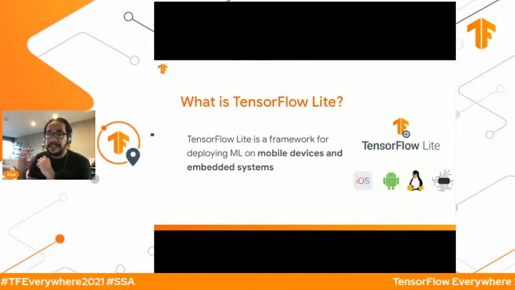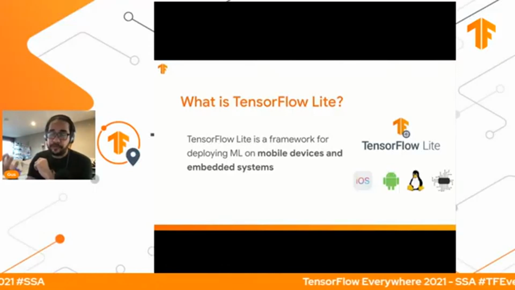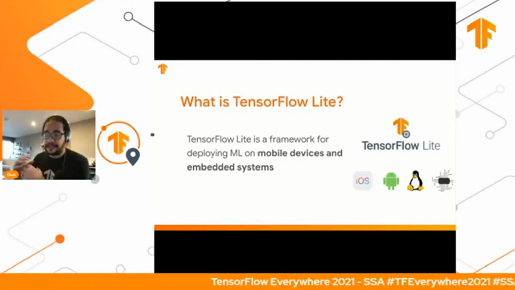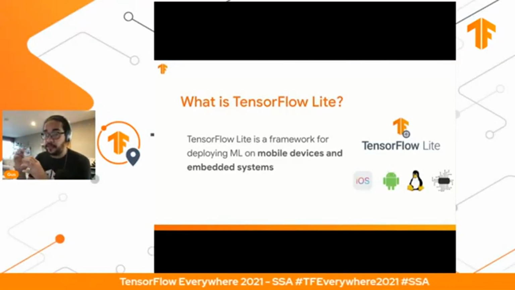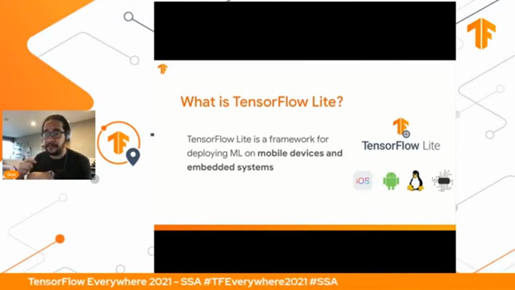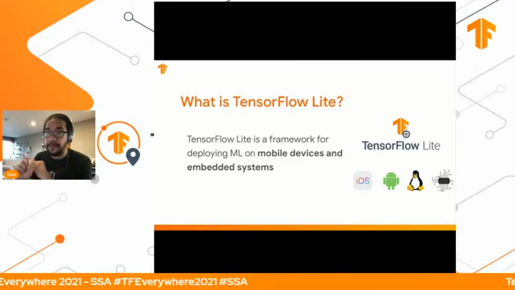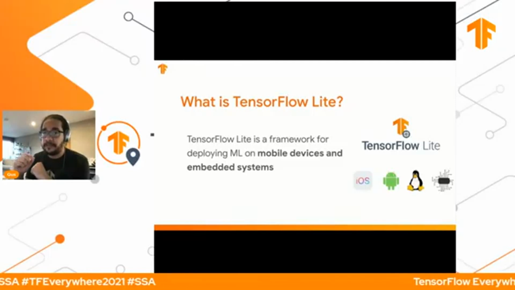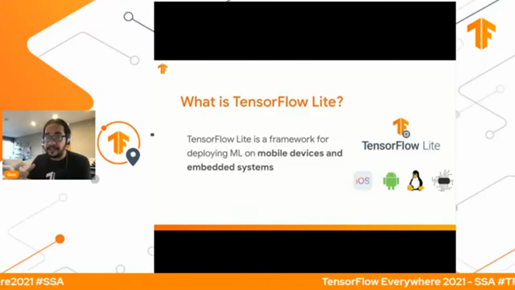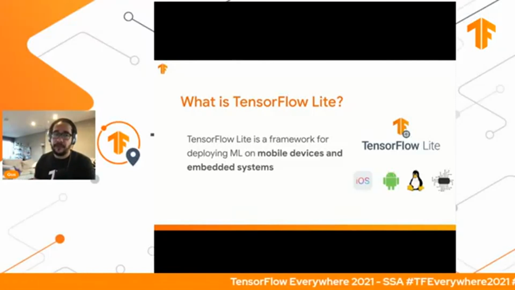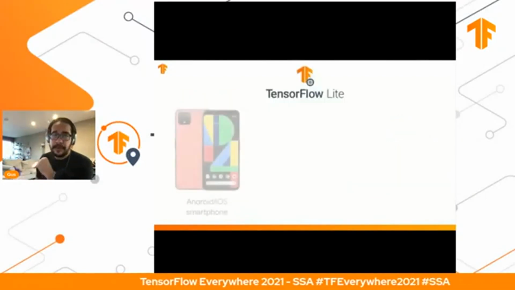This is the same framework from TensorFlow, but it's a version that's created to run on device. There are some points you have to pay attention to that take into account why this is special, why it's different. So we are going to go into all those details.